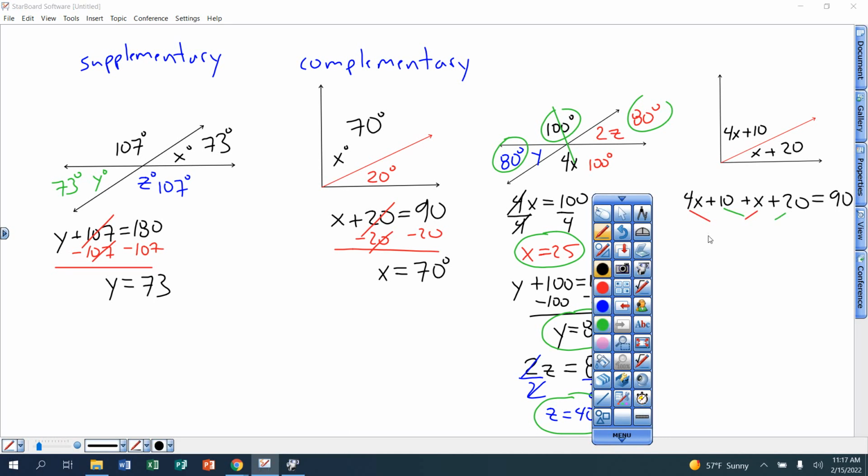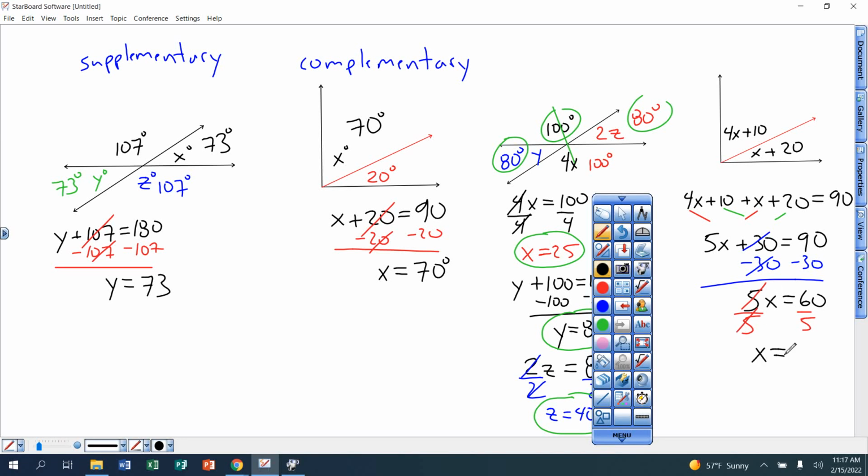That gives me 5x plus 30. Take away that 30 on both sides. Gives me 5x equals 60. Divide by 5. And that gives you x